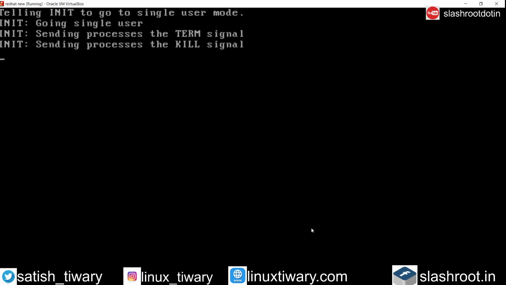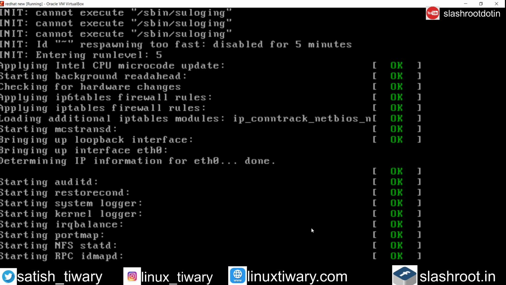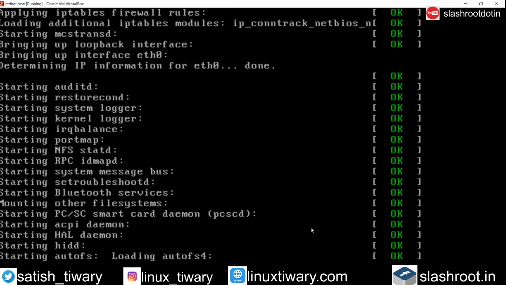You can see that single user mode is disabled.